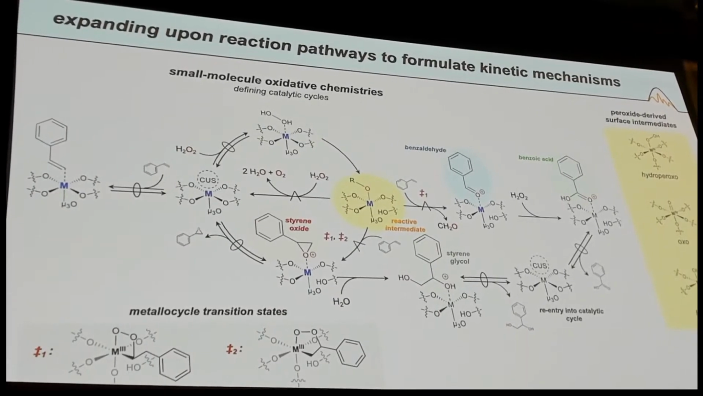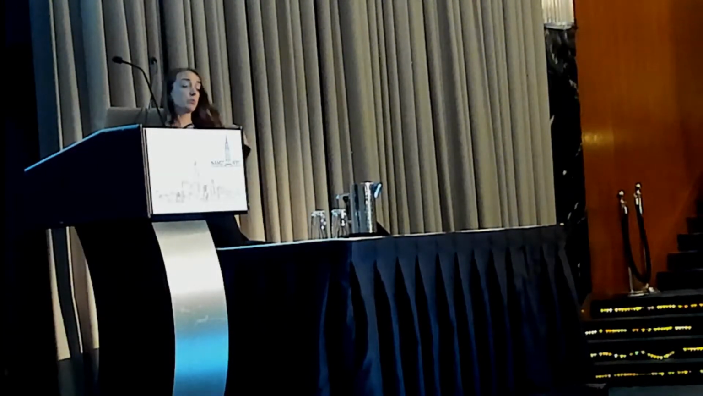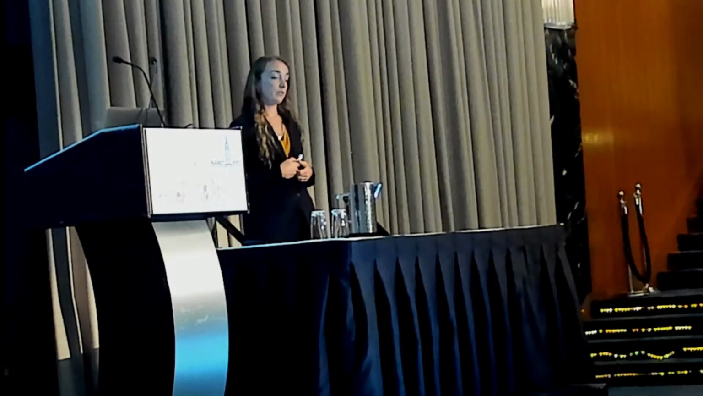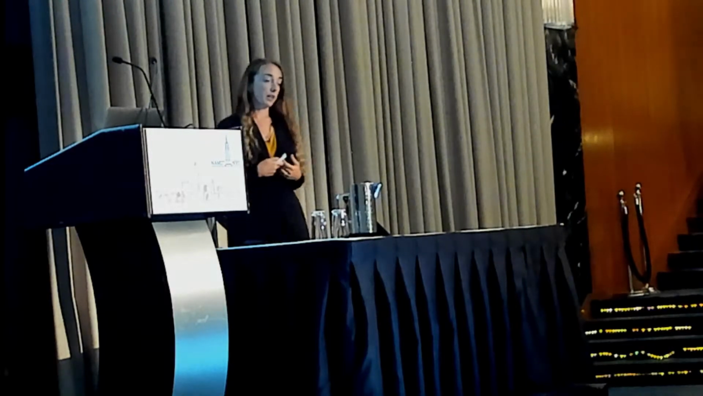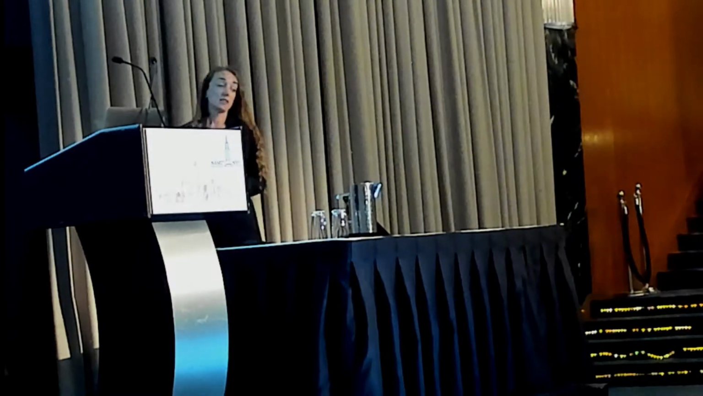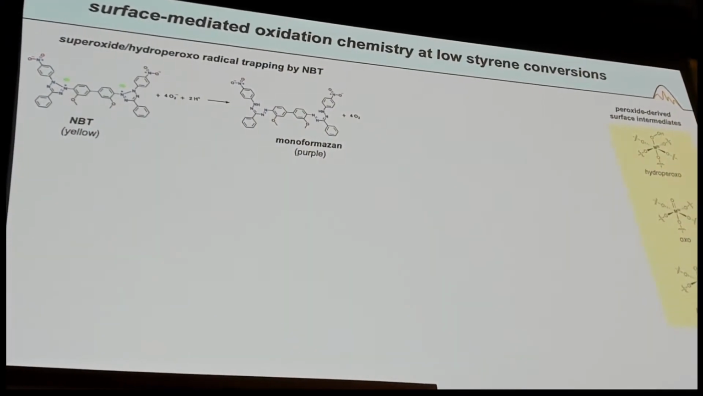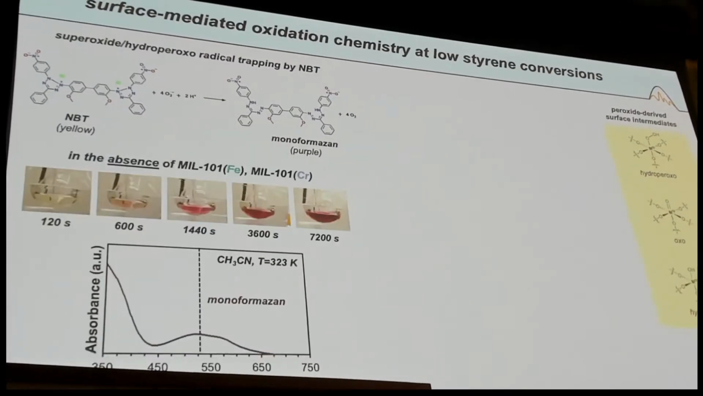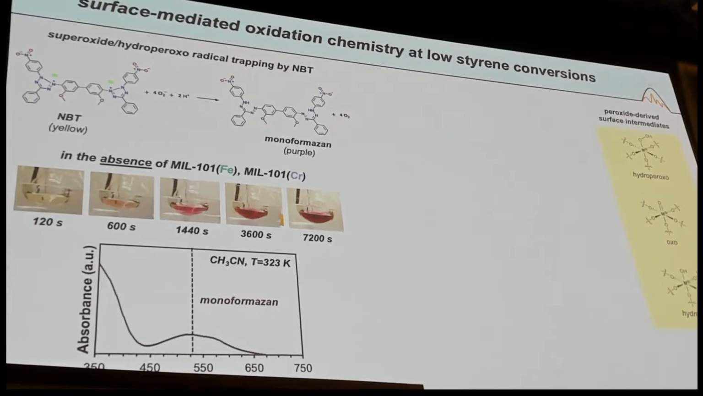But then what do we actually have on our surface? And these could be a variety of different hydrogen peroxide derived surface intermediates. But first you have to actually probe to make sure that it is actually occurring on the surface and not some sort of bulk phase radical chemistry. And so we probe that by utilizing a radical trapping agent that goes after either the superoxide or the hydroperoxo radicals. So this NBT in the presence of those radicals will create this monoformazan, which is purple in color. We can look at that in the UV-vis in the absence of catalyst and see this deep purple appear,